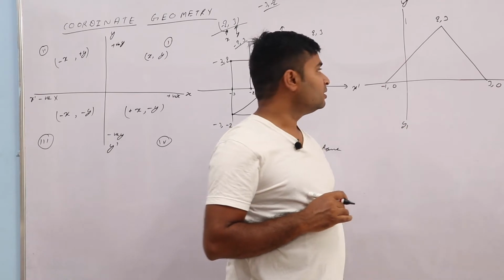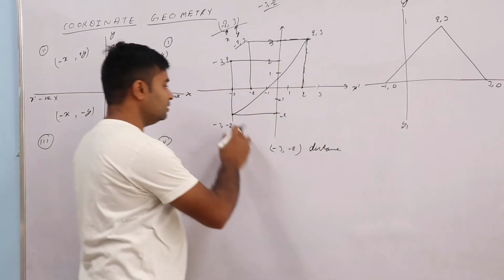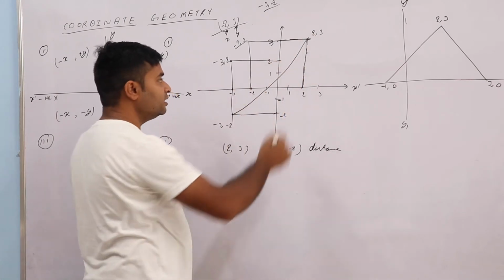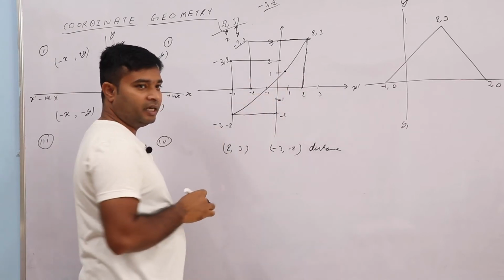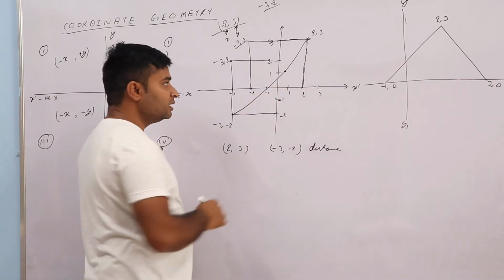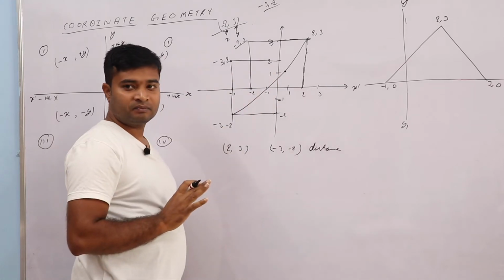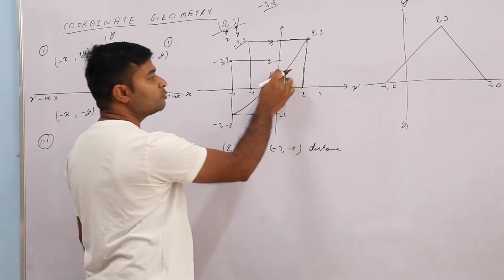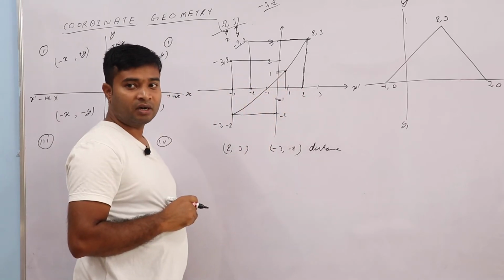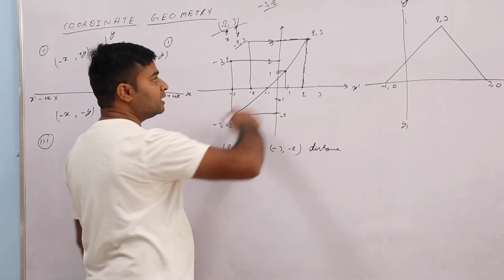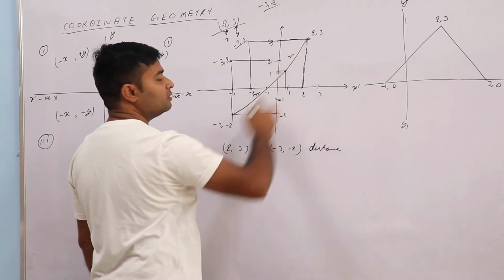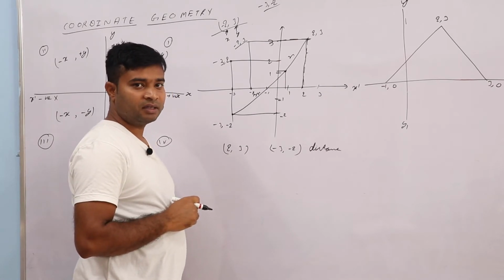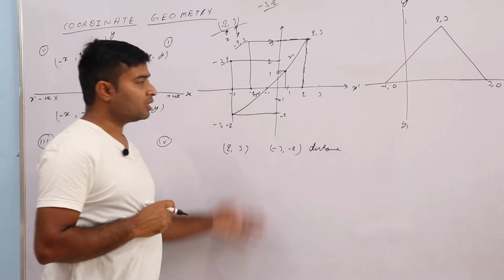Correct? Acha. One more kind of question can come, like this is the line 3 comma minus 2 and 2 comma 3. Correct? Saying in between one point is there, so find the coordinate of this point. Find the coordinate of this point, like it will come here and here, so this point is how much. Correct? They will give this line dividing into ratio m is to n, k is to 1, whatever they want they can give. Getting? Yes or no? So which all kind of question will come in this?